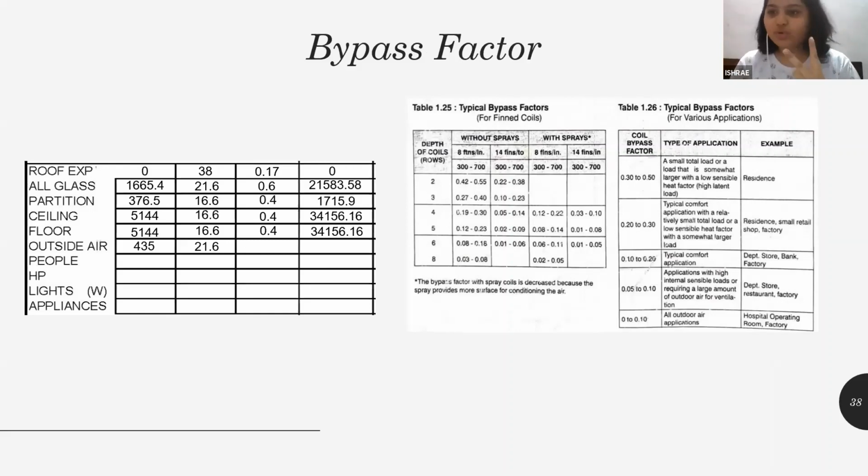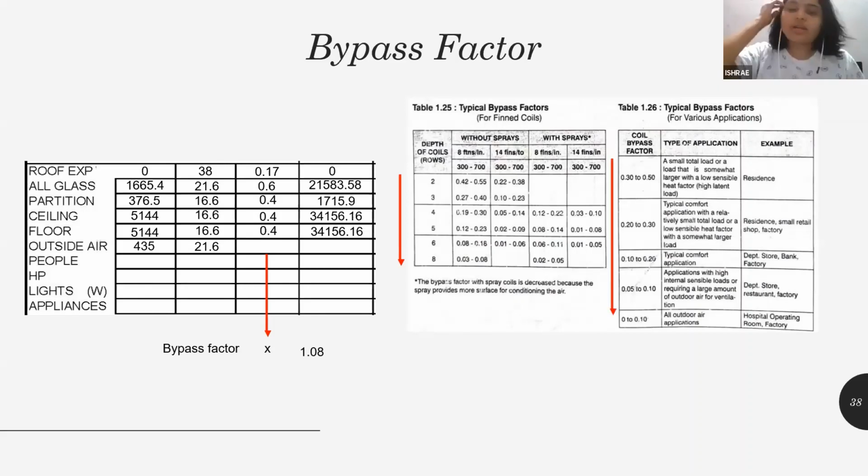Now how do I select the bypass factor? I have two charts in the ASHRAE handbook to select the bypass factor. One is the calculation for that portion, when I know what equipment or what system I'm going to propose for my room, for my office too. So I can do it from the chart that is being shown in front of you. If I don't know what system I've selected, VRV, chilled water, DX, I don't know, then I can use the application part of the bypass factor. Right now I am not sure what kind of system I'm going to use, so I will go ahead with the application part of the bypass factor.